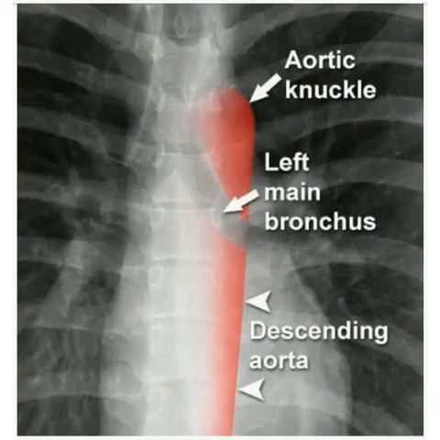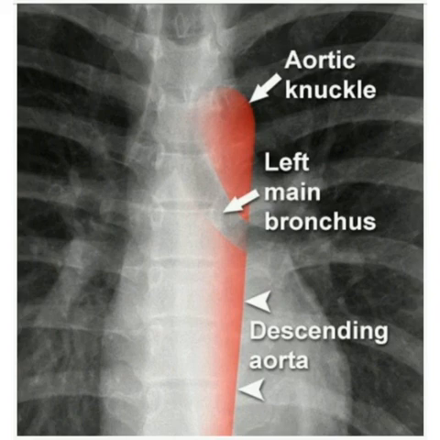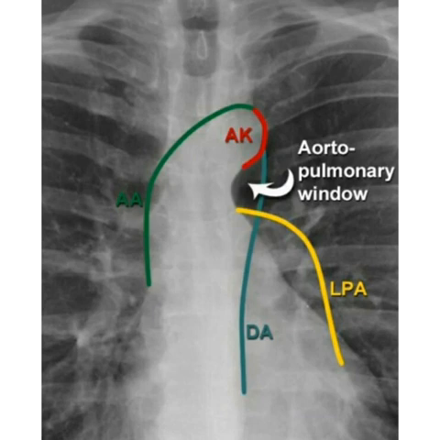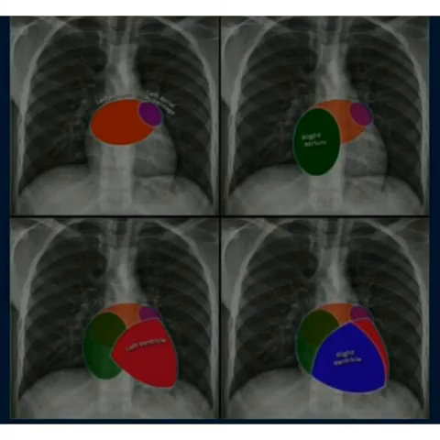The aortic knuckle represents the left lateral edge of the aorta as it arcs backward over the left main bronchus. The contour of the descending thoracic aorta can be seen in continuation from the aortic knuckle. Displacement or loss of definition of these contours can indicate disease such as aortic aneurysm or adjacent lung consolidation. The aortopulmonary window is located between the aortic knuckle and the left pulmonary artery. It is a space where abnormal enlargement of the mediastinal lymph nodes can be seen on a chest X-ray. In many cases, we can only tell whether the heart figure is normal or enlarged, and it will be difficult to say anything about the heart compartments.